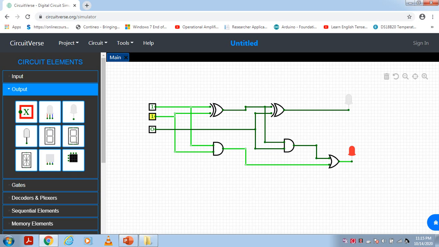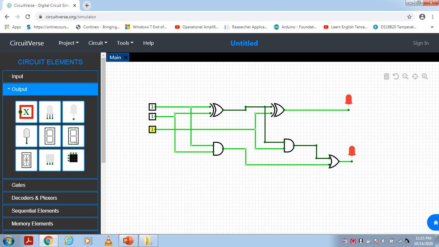The output of the sum is 0 and carry is 1. The last one is 1, 1, 1 input combination. Sum is 1 and carry is also 1. So verified the full adder circuit. Truth table is verified. Right.